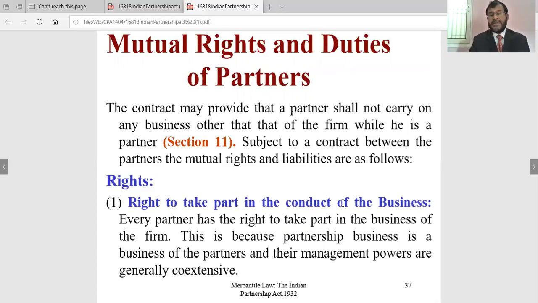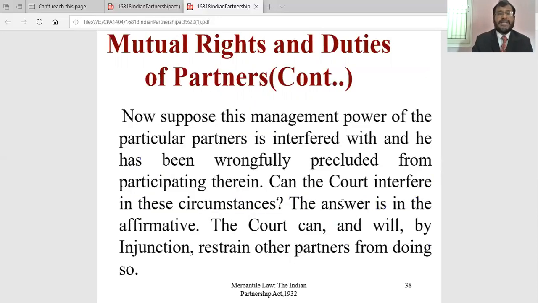Rights. Right to take part in the conduct of the business. What are the rights of a partner? First right is to participate in the business. Every partner has a right to take part in the business unless there is an agreement contrary to that. Second point is that